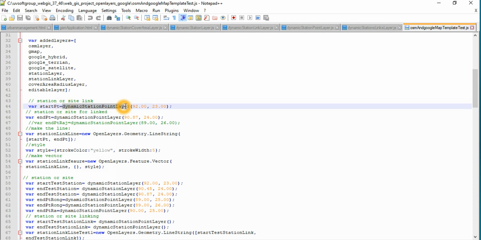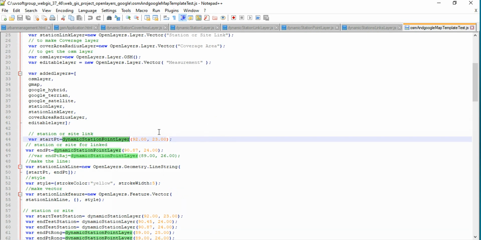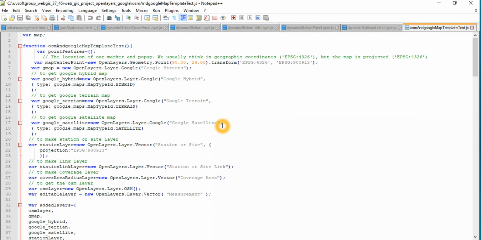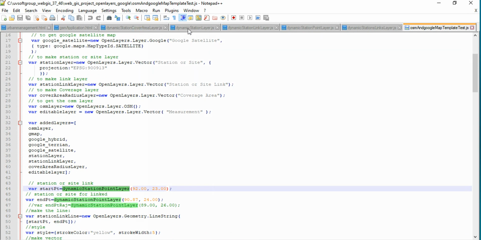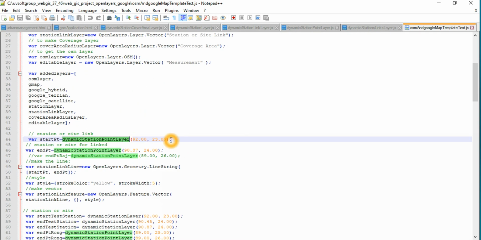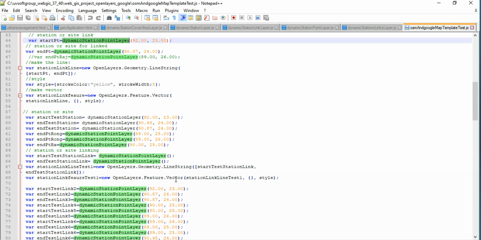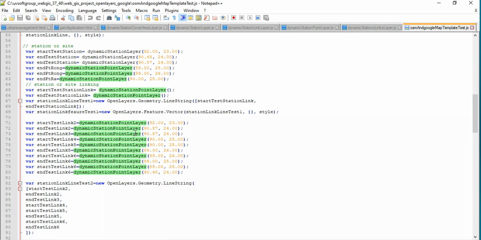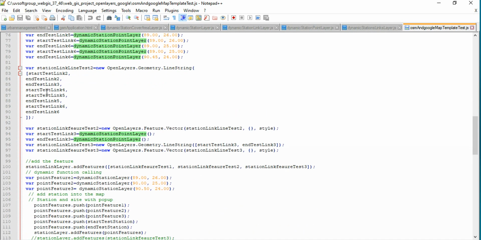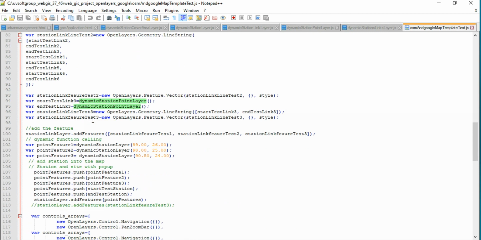And you can call the JavaScript library that you wrote down here. With the JavaScript functions, you set the coordinate latitude and longitude, you build your points, you build your lines, you build your polygons, and add the line string, and so